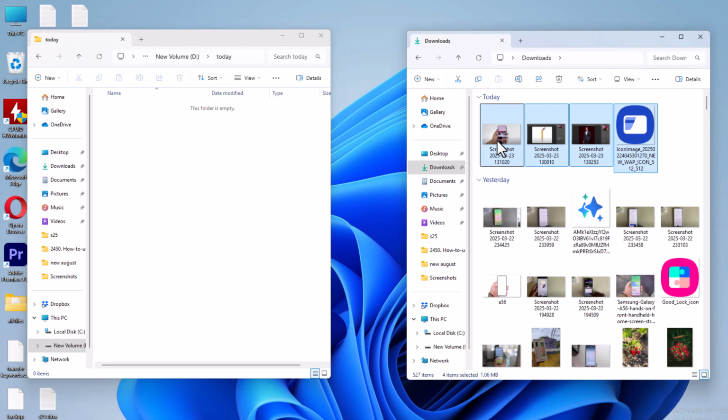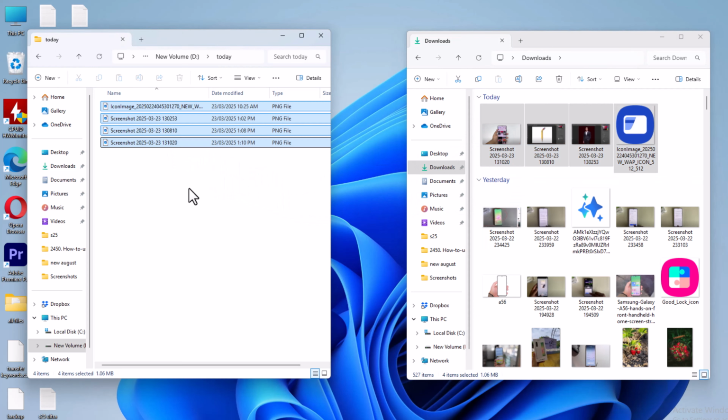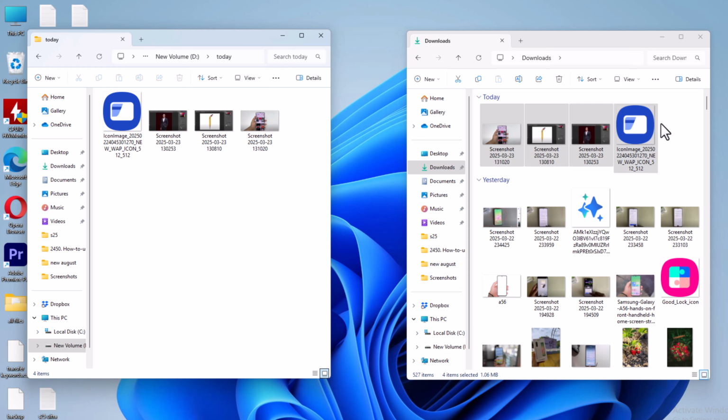I'm selecting four items, just dragging them here, and then they're successfully transferred. Look here, now successfully transferred. Or the other way,